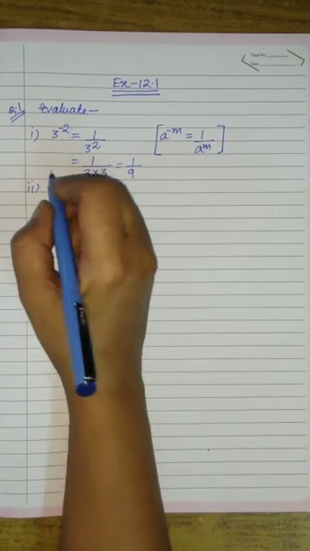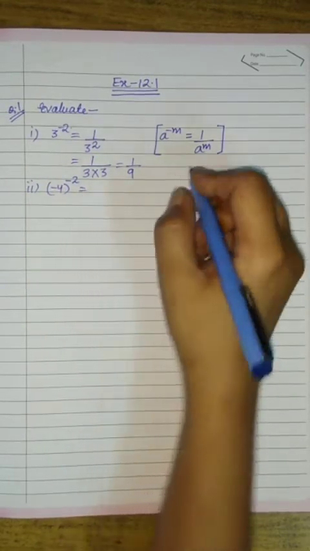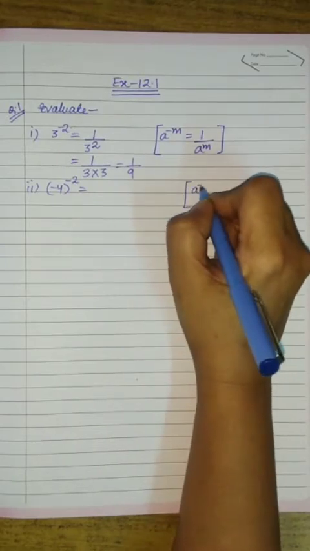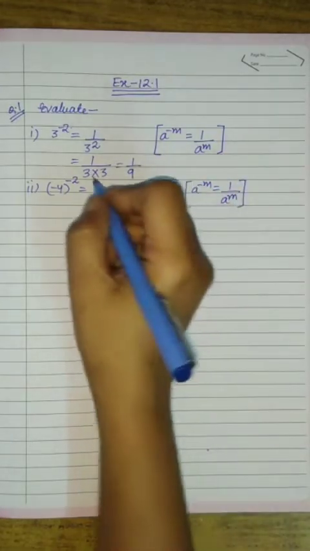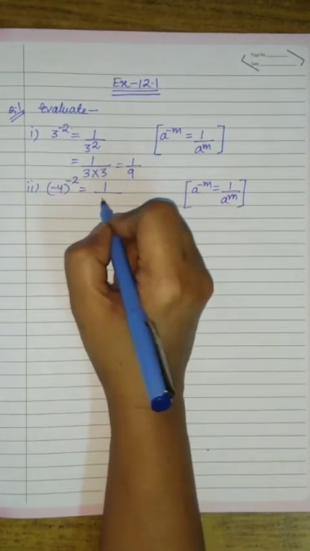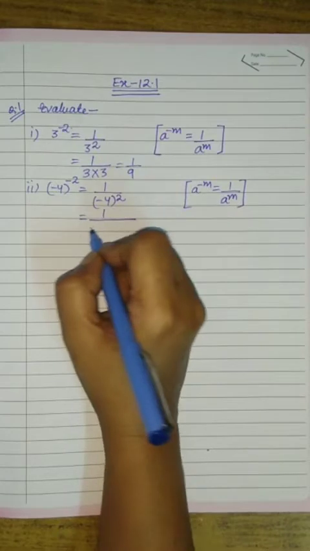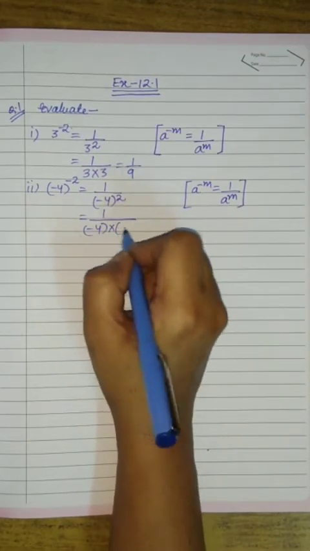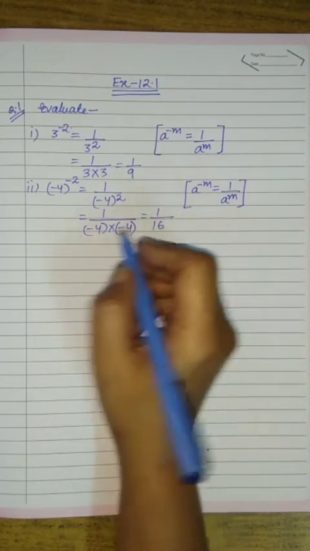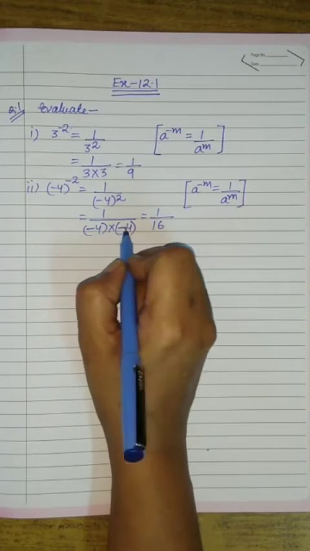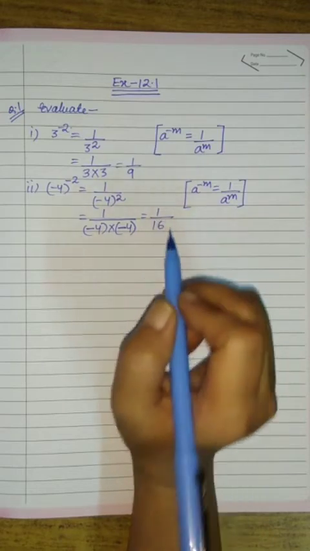Now second part of this question is minus 4 to the power minus 2. Again we have to use here law of exponent, a raised to power minus m is equal to 1 upon a raised to power m. So we will write it as 1 upon minus 4 raised to power 2. Now we will write minus 4 2 times and we will multiply it. We get 1 upon 16 because we have two negative signs here and which is even. So on multiplying we get positive term.